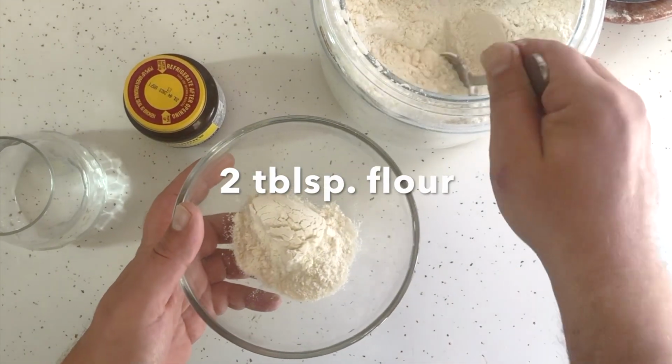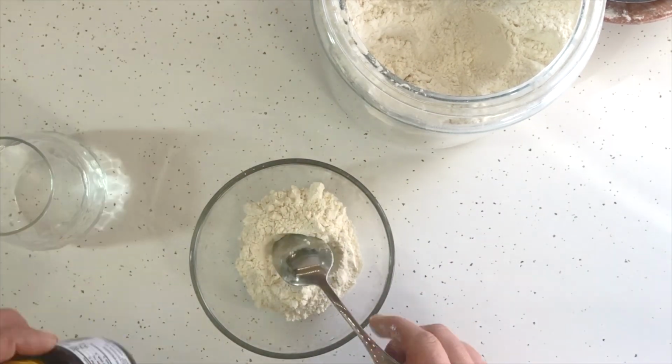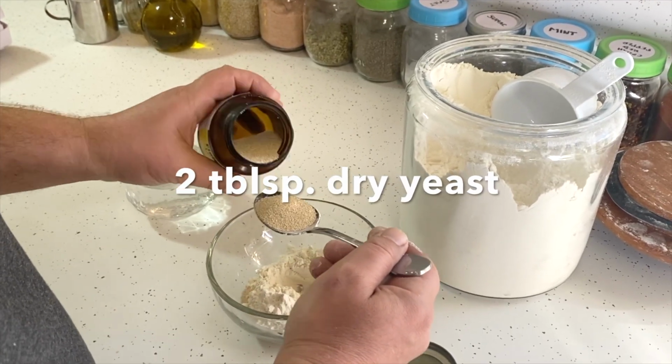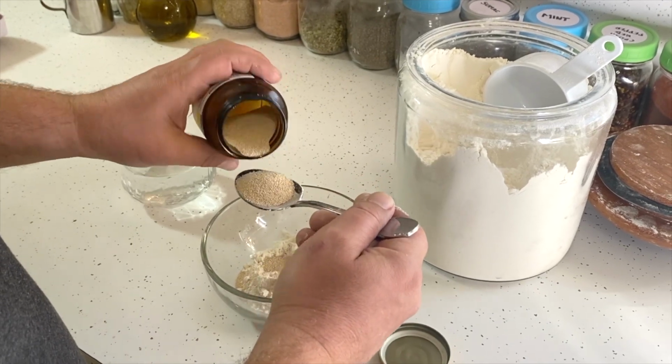And first we have to activate the yeast. So we need 2 tablespoons of flour and I'm gonna use 2 full tablespoons of dry yeast. Put them in a bowl. And you need warm water,